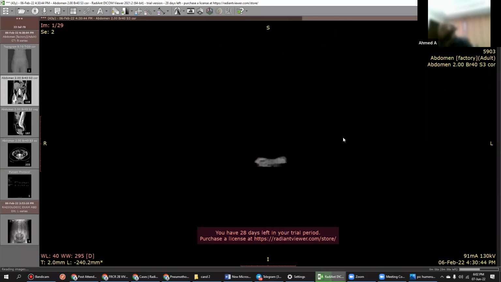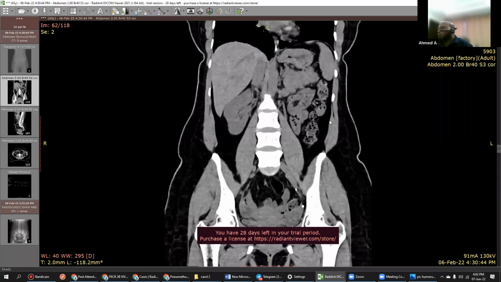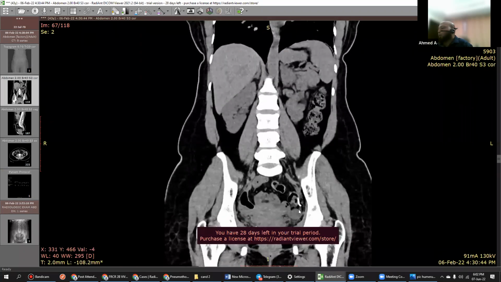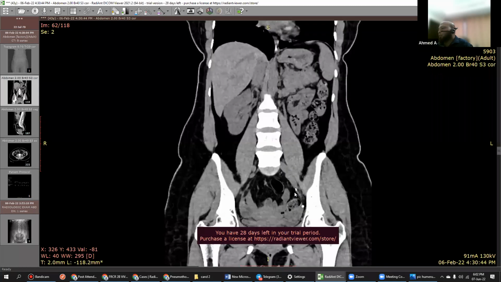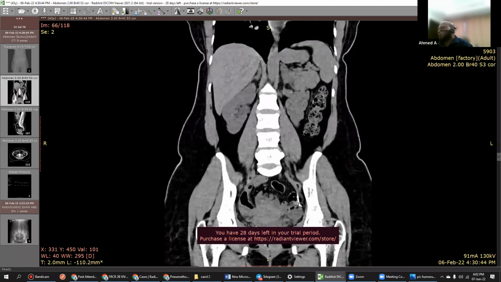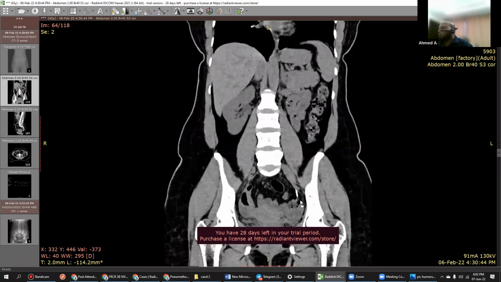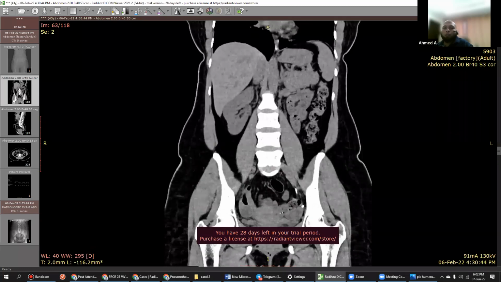Coronal. In the coronal, you can see it nicely. And the patient wasn't aware of it. She forgot that IUCD was placed also. You can see this? Yes. What are the complications? This can damage the vessels, which is very less likely, but most likely it can cause adhesions leading to obstruction, bowel obstruction. Okay. Right, this was the case.